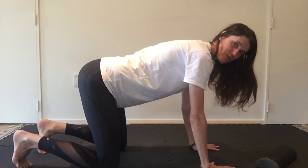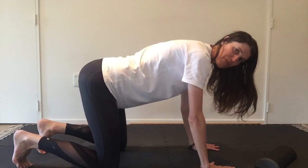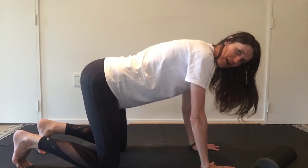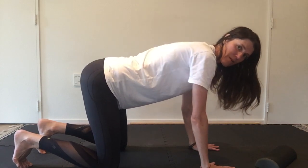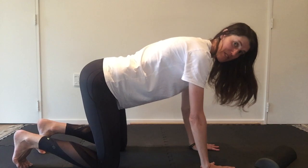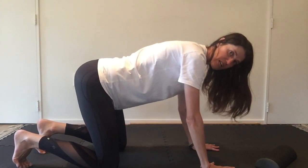So you want to be able to relax your ribcage, but then lift your ribcage back up. So I'm relaxing my pelvis, but lifting my ribcage back up. So I'm not in this position. I'm just in this nice, chilled out position, which is a position that we can practice an exercise called the